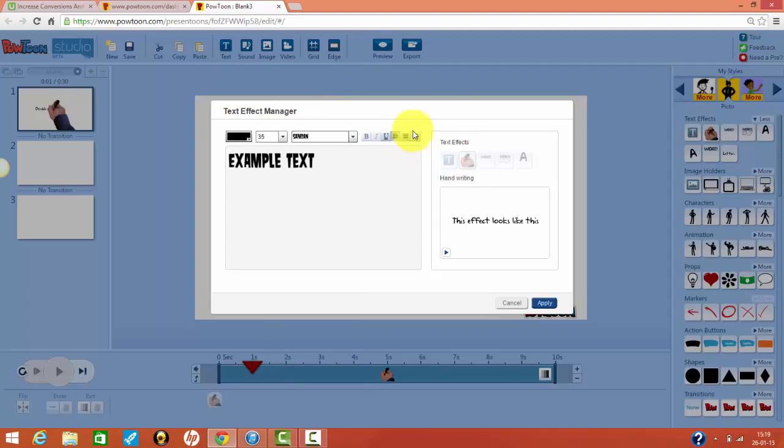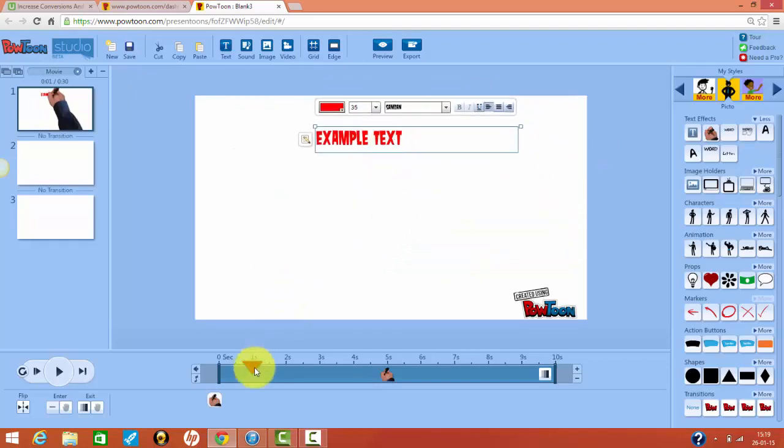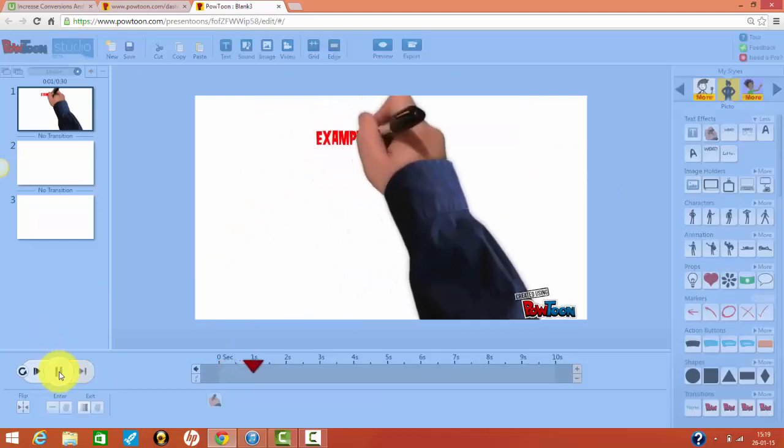And now you can center the text, put it on the left, put it on the right. This is especially relevant when you are including graphics and animations in your video, and you don't want the text to collide with it. Lastly, you can choose a color for your text. Let's put it in red. Now you can place it wherever you want, and upon reviewing your slide, you'll see that there is a writing